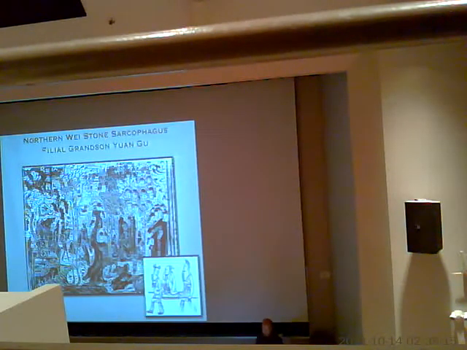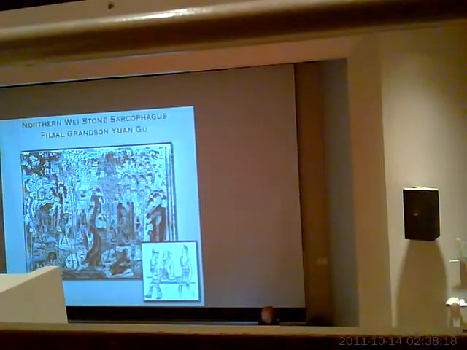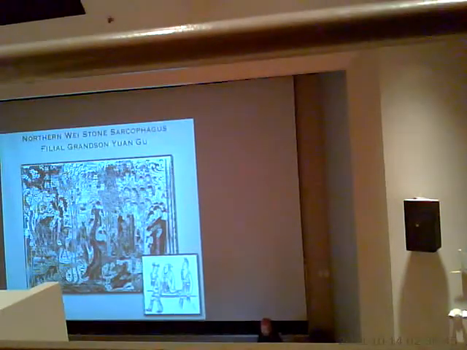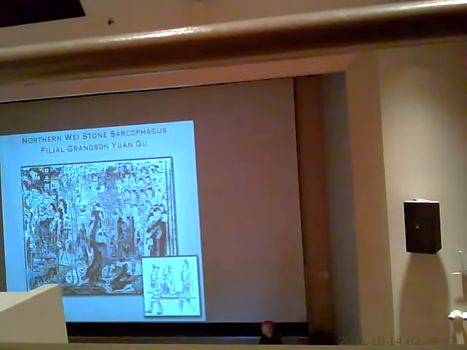So the hybridization here, I suppose, this is a very famous stone sarcophagus, a lid with intricate carving on it. This is an ink rubbing, where rice paper is placed on it and coated with ink to get the relief picture, and this is the negative of that. I think that's the scene right here. The wavy, very fluid style with all these curved lines is a new style coming from outside of China at the time. But the content, a story about a grandson named Yuanfu, is a very traditional Confucian story. So here's a nice example of a non-Chinese form, but extremely Chinese content.